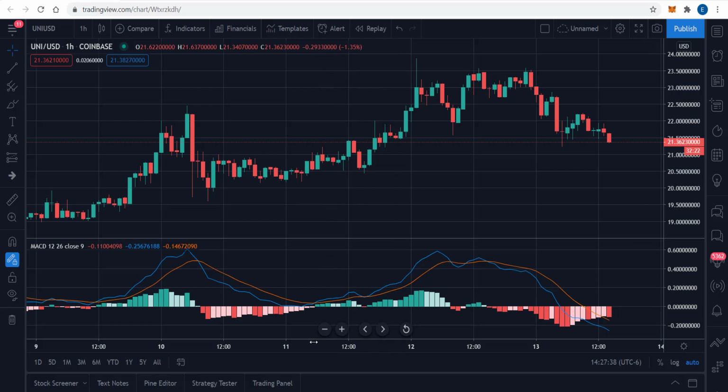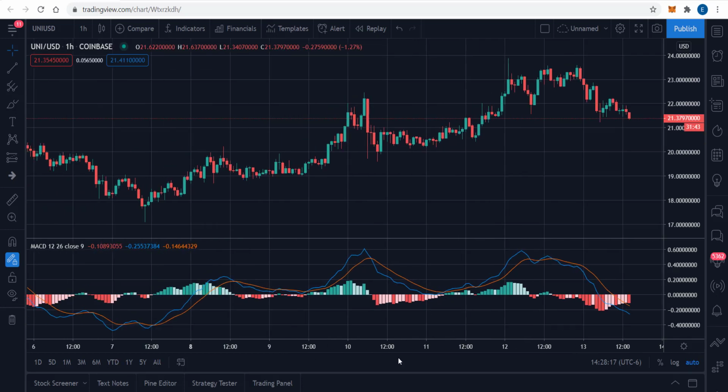So at the 1 hour level, this is interesting. You might get a little more help. This crossover that happened back here at 4 p.m. Central, or 1600, on February 12th was actually significant, because even though Uniswap went up a little bit, it did come on down, and you can see that both of the moving averages within the MACD crossed the zero line and now are entering into the oversold category, where really we'd be looking for a crossover as a signal to buy.